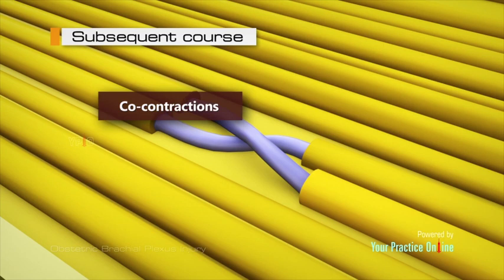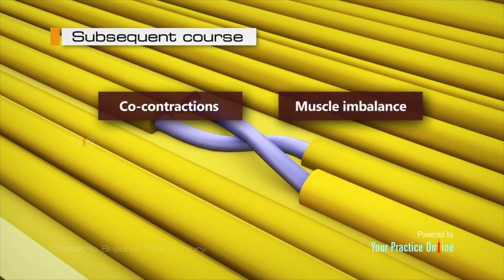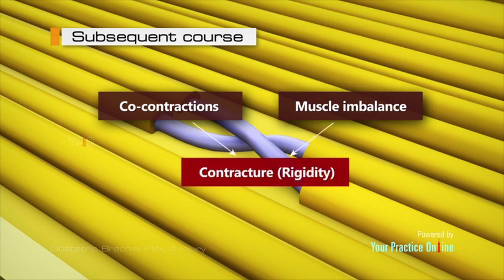Uncoordinated muscle recovery may cause muscle imbalance. Co-contractions and muscle imbalance together can lead to contracture,